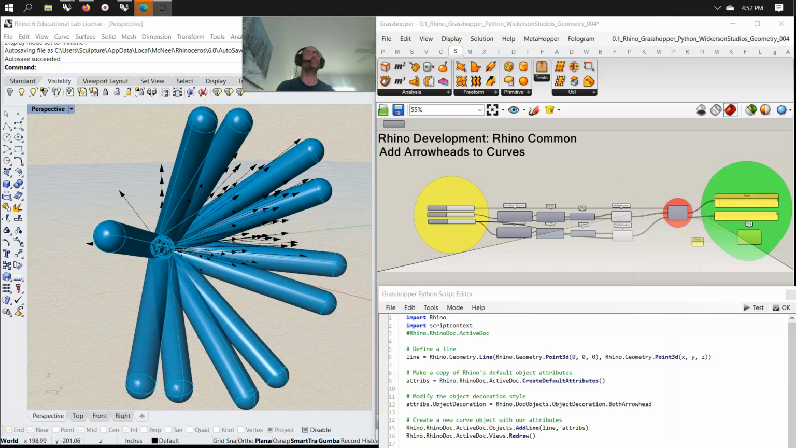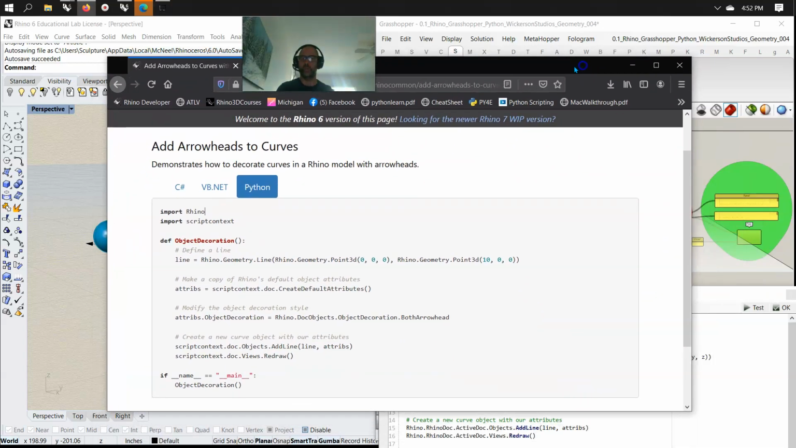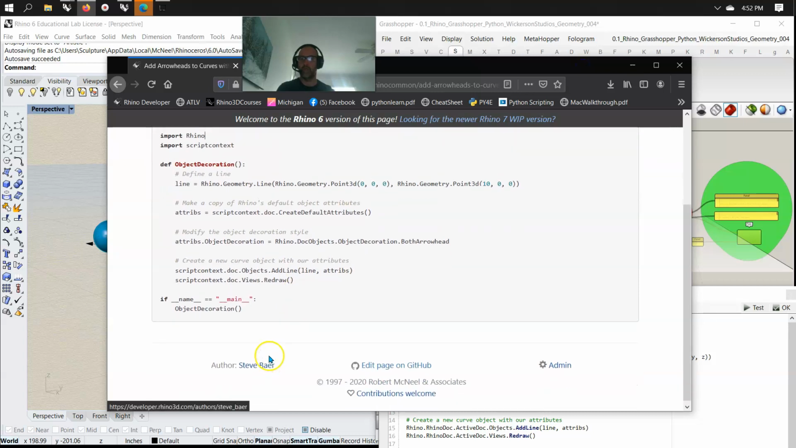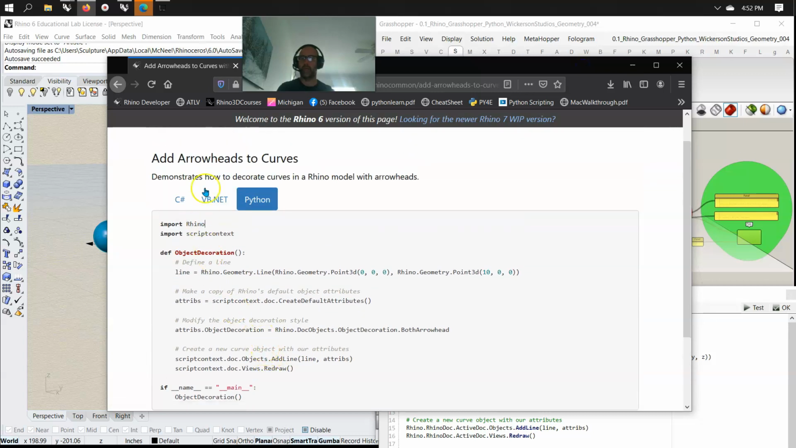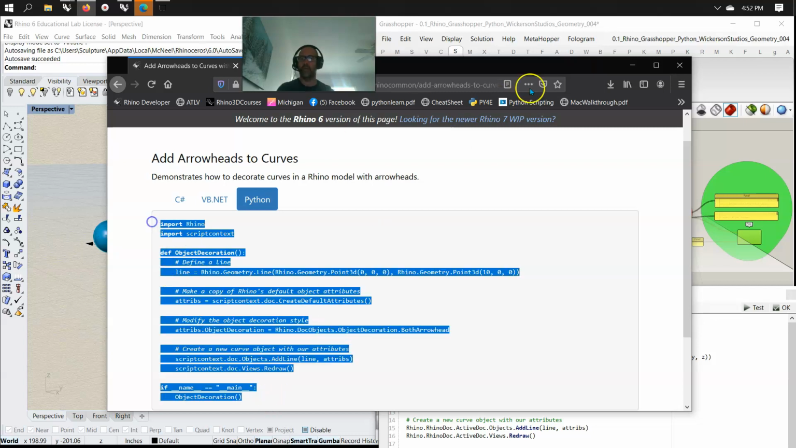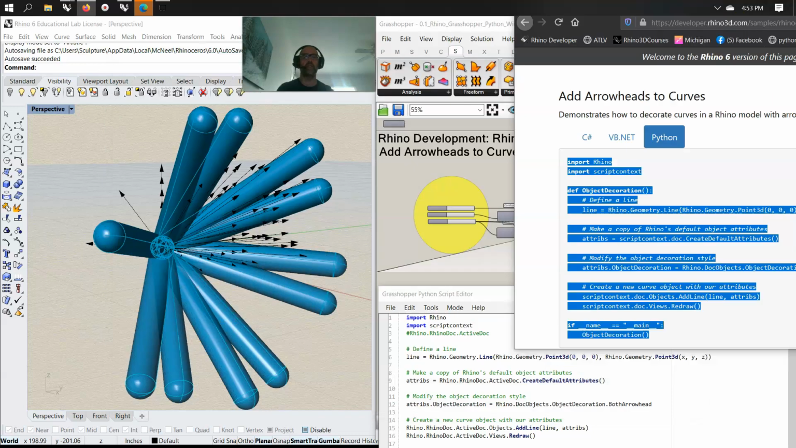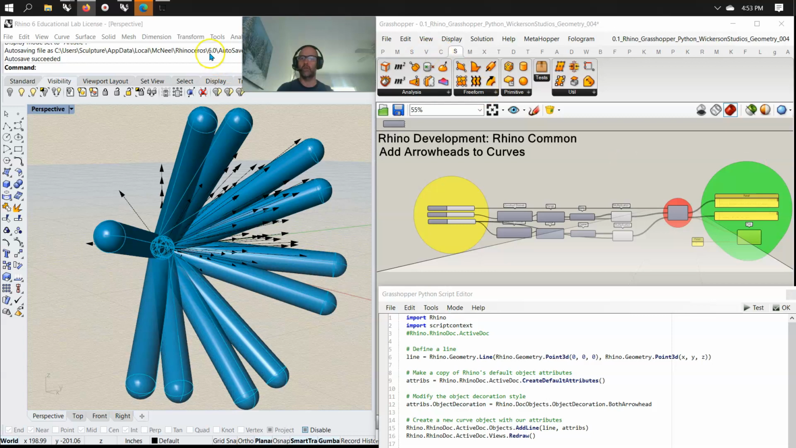I am going into the Rhino developer site, and here's where I've grabbed the script. It's pretty simple. Steve Bears put it together. Fairly simple, adding arrowheads to curves. So not too much to have as a function that you can cut and paste into. You can grab the whole thing, and you can run it as a function going into your Rhino window,